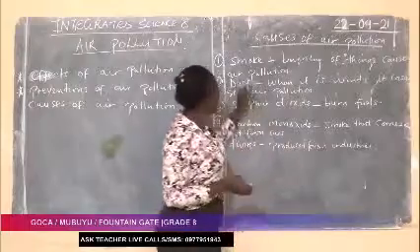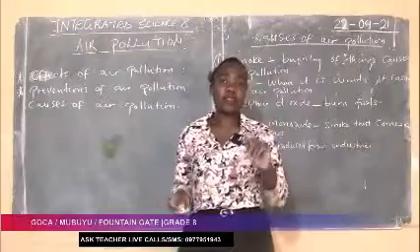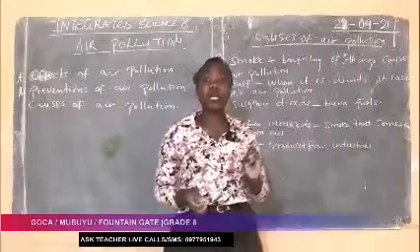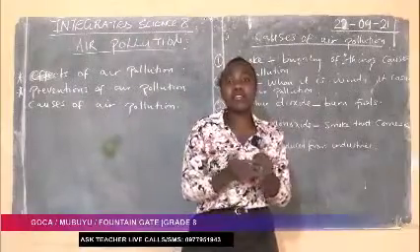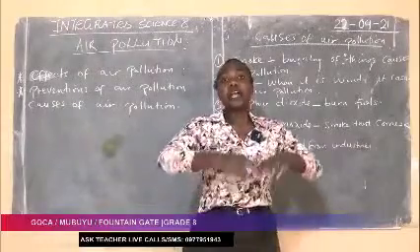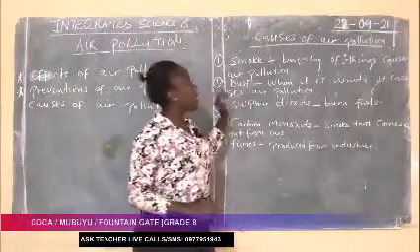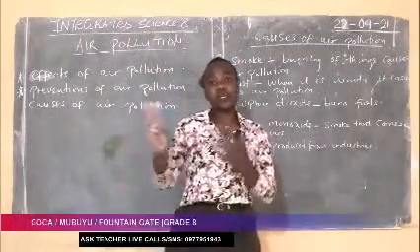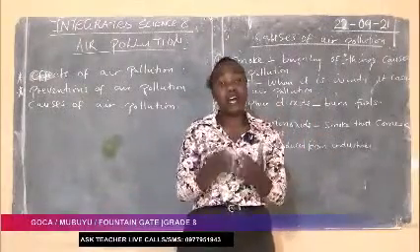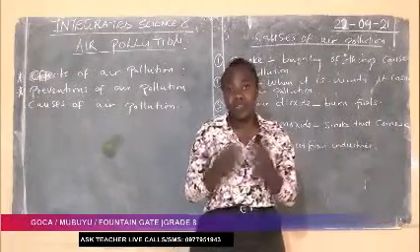Okay, so I have given you 5 factors that cause what? Air pollution. And the first factor is smoke. Smoke is one of the factors that causes what? Air pollution. When you burn something in the environment, when that smoke starts coming out, what are you doing? You're polluting the environment or the air. Okay. Then the second one, we have dust. When it is too windy, the soil is moving from one place to the other, you're going to form what? Dust. And that dust, what has it done? It has polluted the environment or the air.